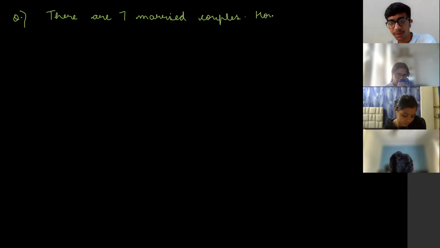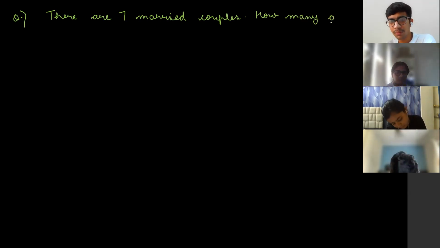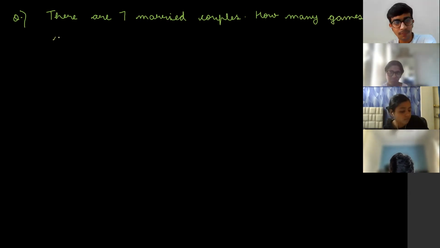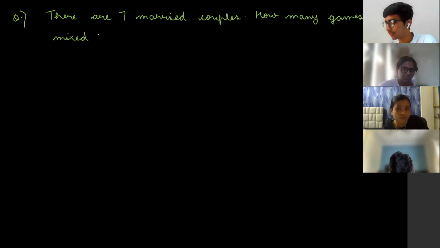Okay, so the question is, there are 7 married couples. How many games of mixed double tennis